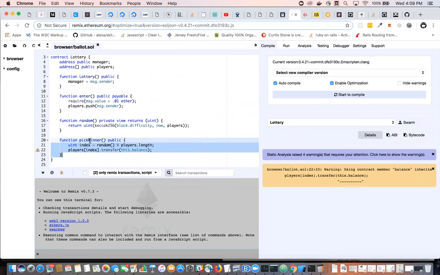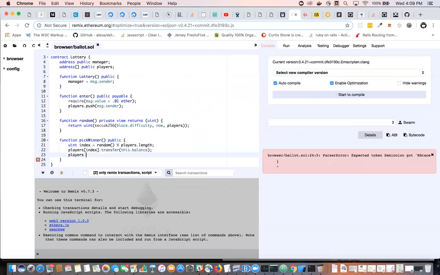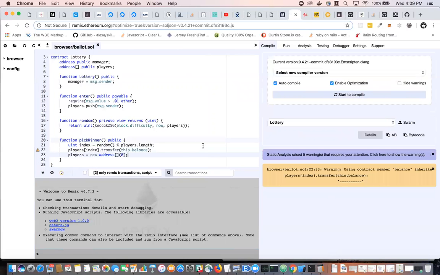And immediately after sending the winner some amount of money, I can reset the players array by writing out players equals new address. Okay, so this right here creates a new dynamic